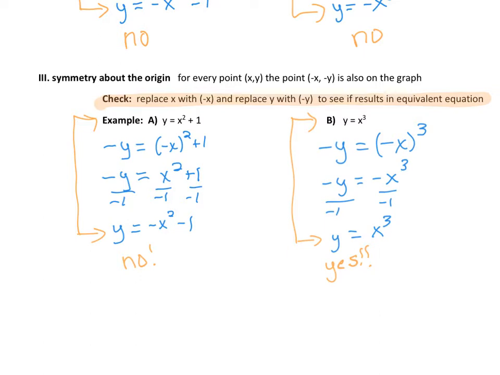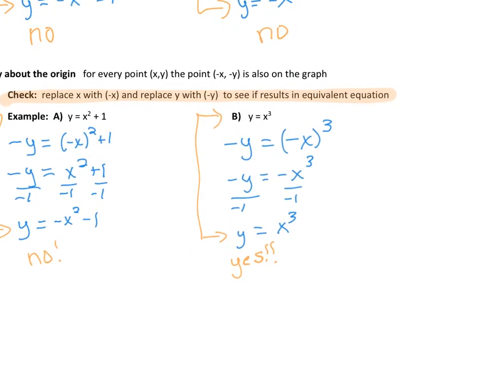And I also want you to be familiar with another term, and that is the condition that we look for to determine if an equation of a function is an odd function or